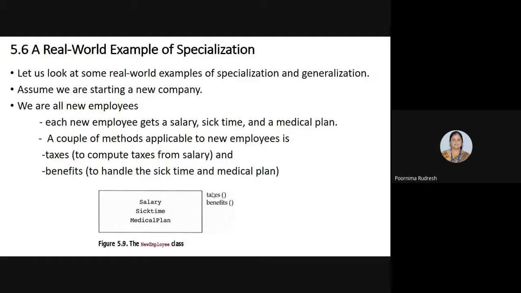So you already know what generalization and specialization are. No need to explain it once again. When we are talking about inheritance with respect to the base class and the derived class, in the base class we are considering a generalization relationship, and in the derived class we are talking about the specialization relationship. So by considering that, we are seeking a real world example for specialization. We'll see one example for the specialization relationship.